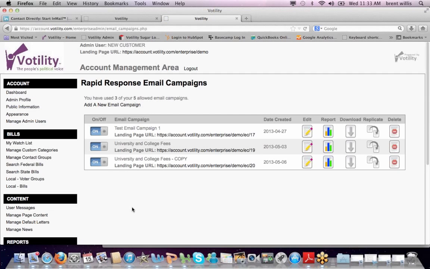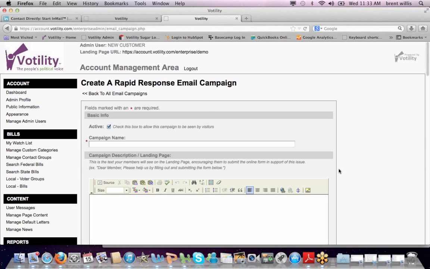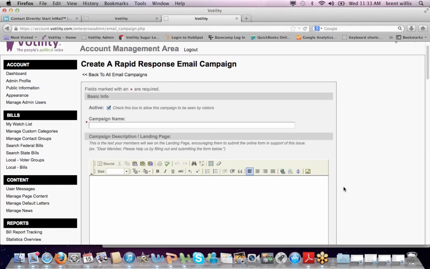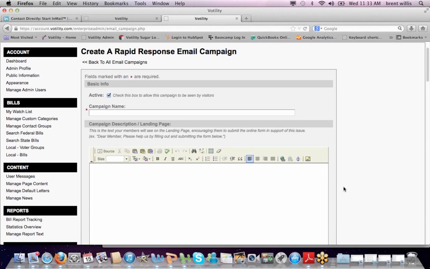An administrator would click a rapid response. And here in our demonstration, we already have several. What they want to do is click to add a new email campaign. And the administrator is in full control and can customize each one of these pages and landing pages with content